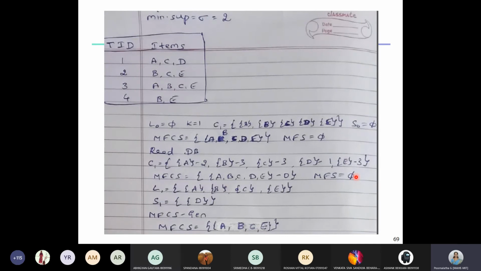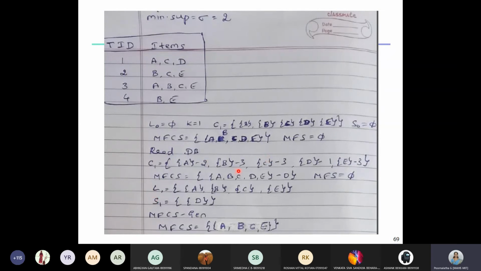So next statement says LK. LK is the frequent item sets of size 1, right? So here it is L1. So now we have the count in CK and the minimum support given is 2. So the items that are equal to or greater than 2 will be shifted to L1.